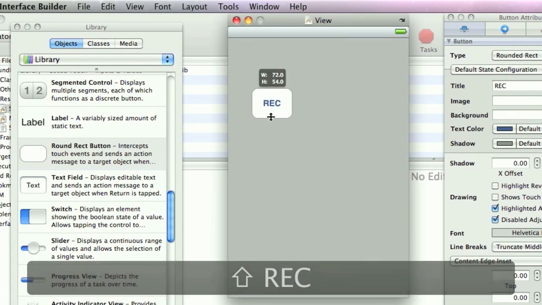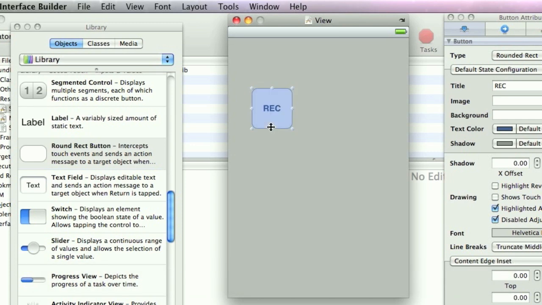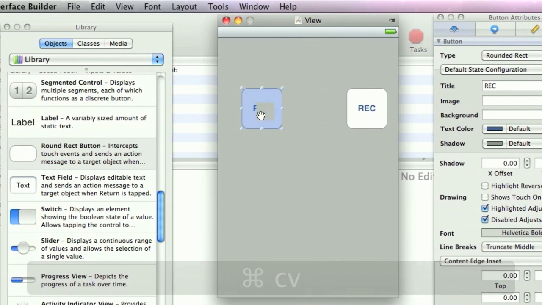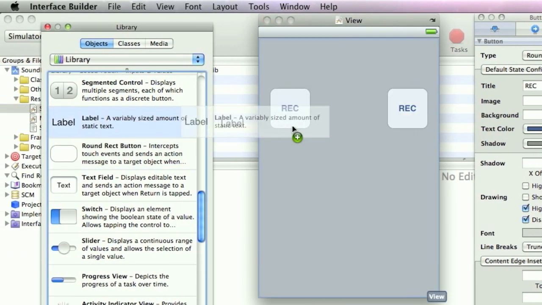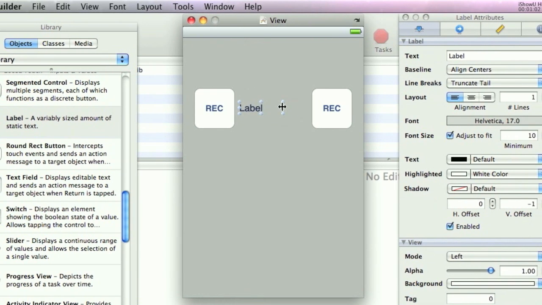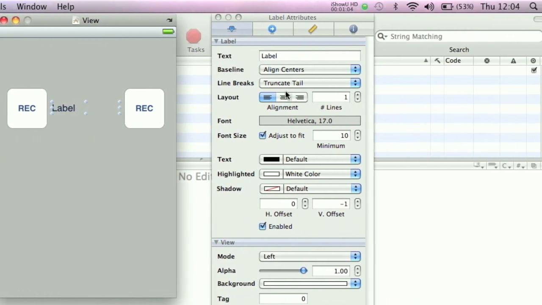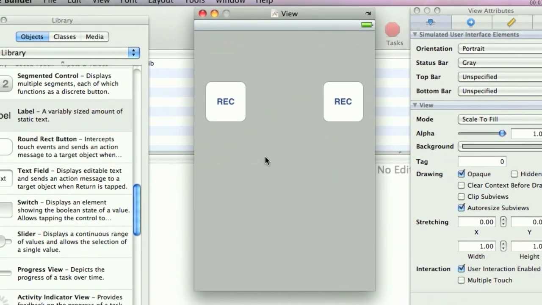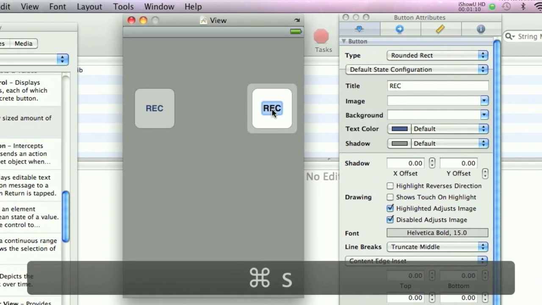Make this a square. We want to duplicate this. We want a label. To make sure this is empty, this label. We want to rename the second button play,